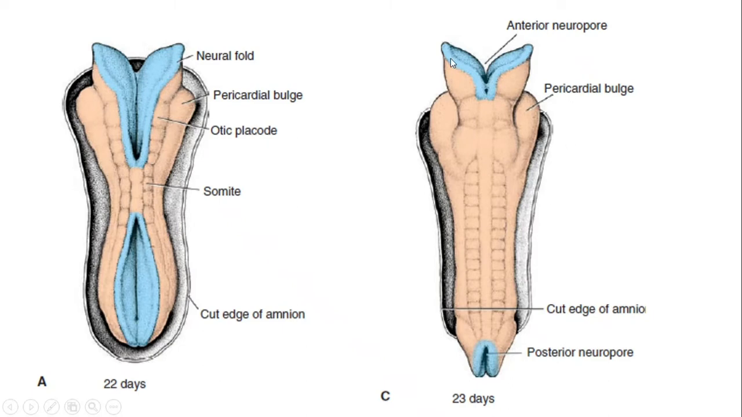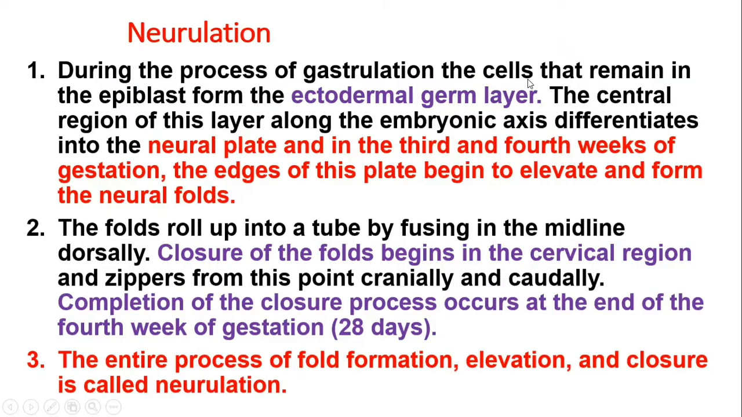Normally they should close at their time. So during the process of gestation, the cells that remain in the epiblast form the ectodermal germ layer. जो हमने पिछली मरतबा पढ़ा था कि epiblast से क्या बनी, ectodermal layer बनी. The central region of this layer along with the embryonic axis differentiates into the neural plate, and during the third and fourth week of gestation,